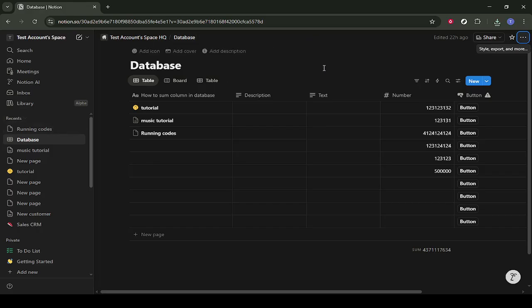forth between different apps. First, open Notion and go to your home area. This is usually the main landing page when you log in, where you can see your sidebar, your recent pages, and your workspace options. Make sure you're signed into the correct workspace where you actually want the Google Calendar connection